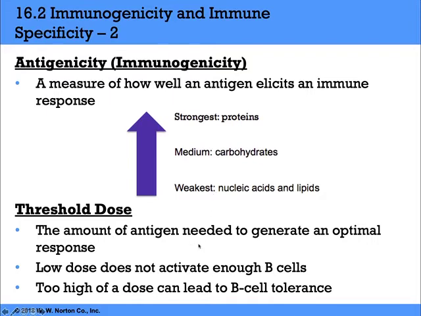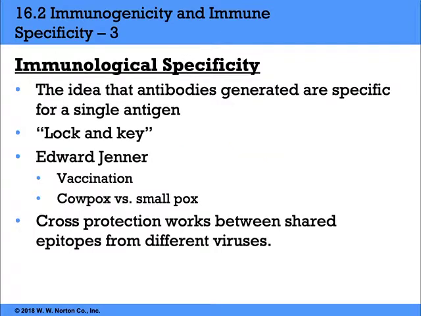The threshold dose is the amount of antigen needed to produce an optimal response. A low dose doesn't activate enough B cells, and a high dose can lead to tolerance. The idea of antibodies generated specific for a single antigen is a little bit like a lock and key. The idea here is that every antibody contains at least 2 binding sites. And that means that the antibody, when it encounters the antigen, can essentially link multiple antigen molecules together and make them vulnerable to attack, or cloak areas that cause pathogenicity, like docking proteins in viruses or